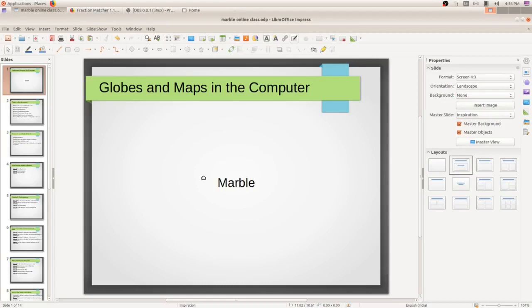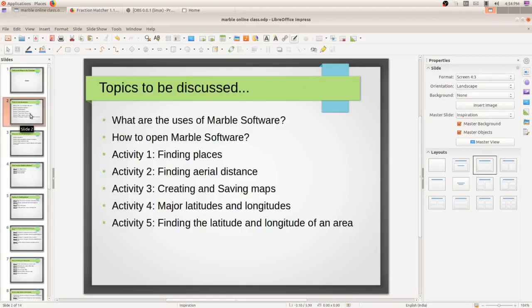These are the topics which we have already discussed, and in today's class we are going to review these activities again for your better understanding.